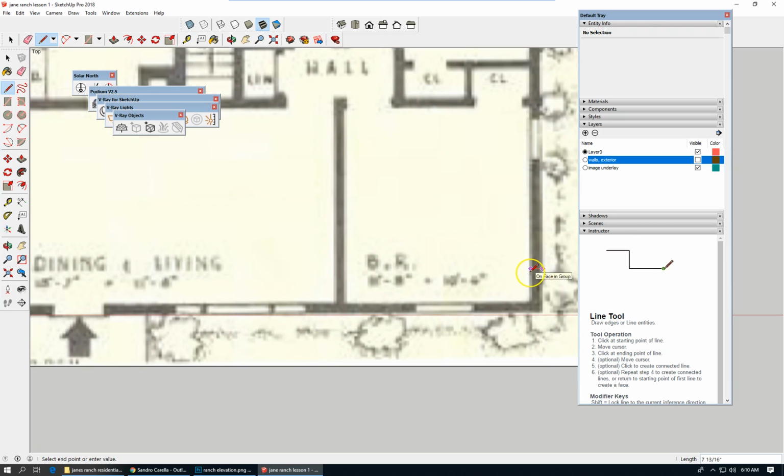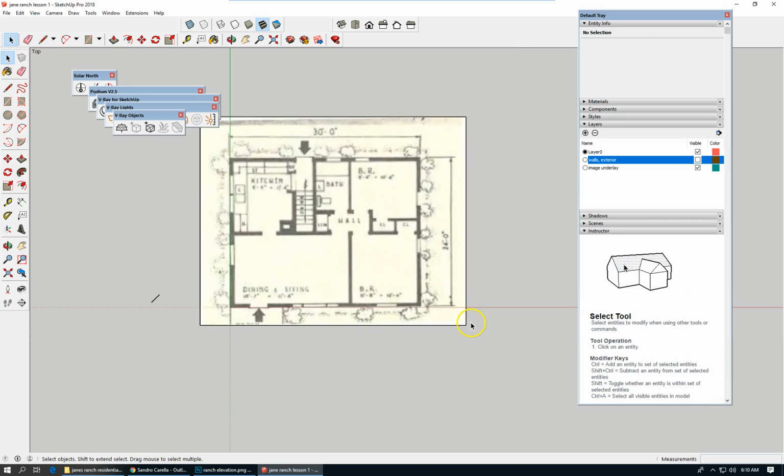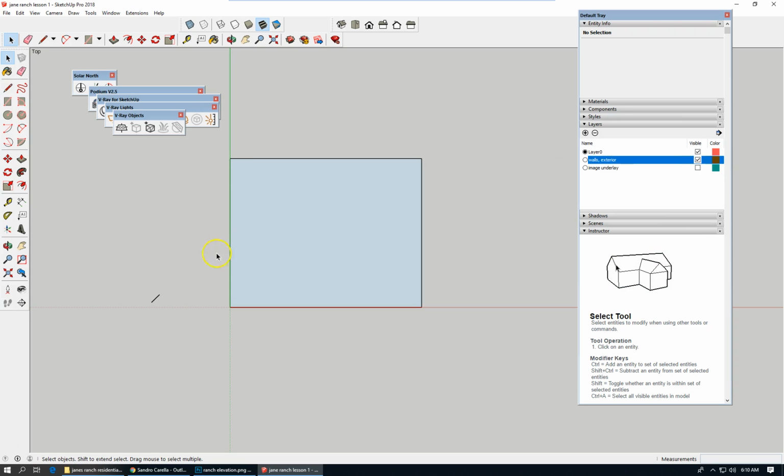So I'm just dragging in this direction. It looks like it's about 8 inches. I'm going to use 6 for all the walls. For purposes of prototyping this, I think that'll be fine. So let us hide the image underlay, go back to this object, which is now a group that's on walls exterior, double click